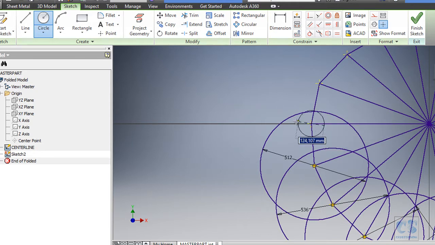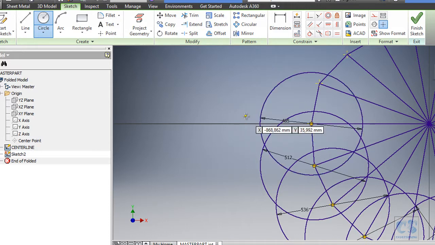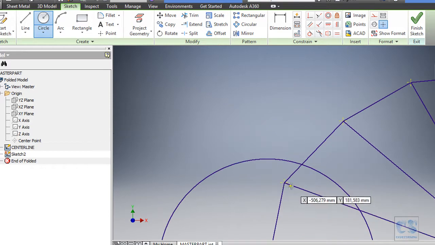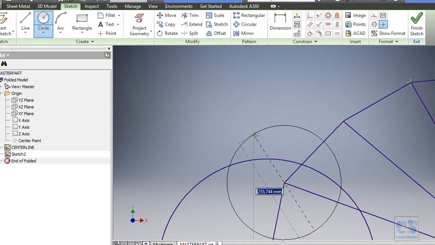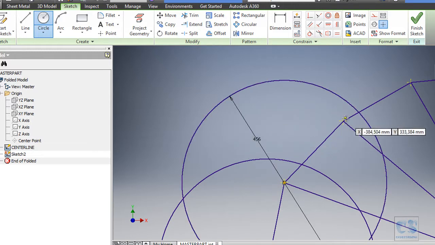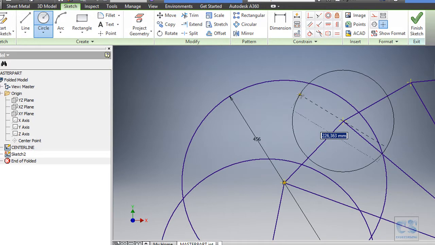For this one 242.5 by 2, then this one should be 228 by 2, enter, this one 215 by 2,